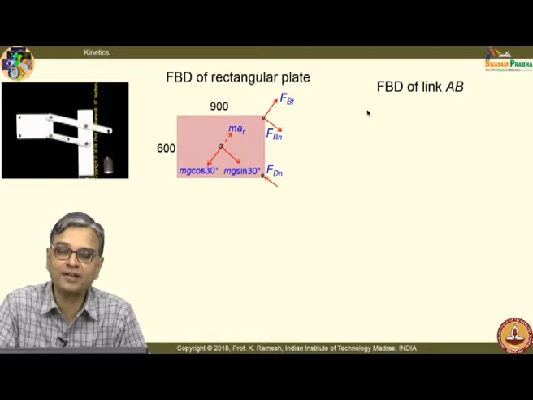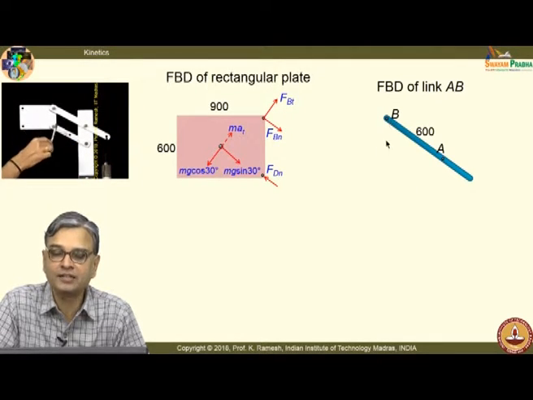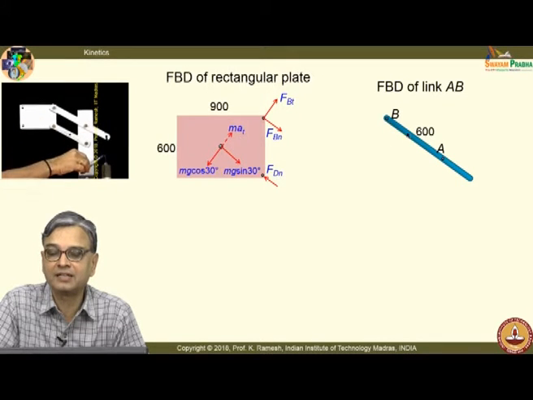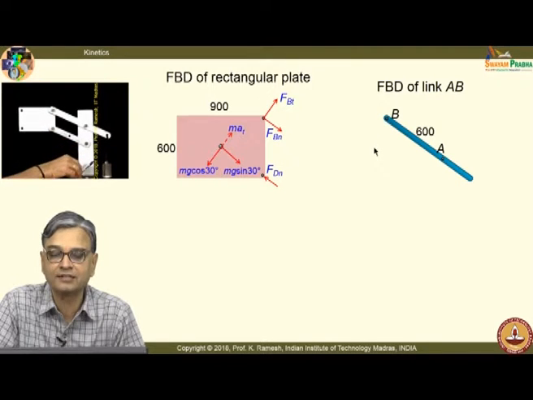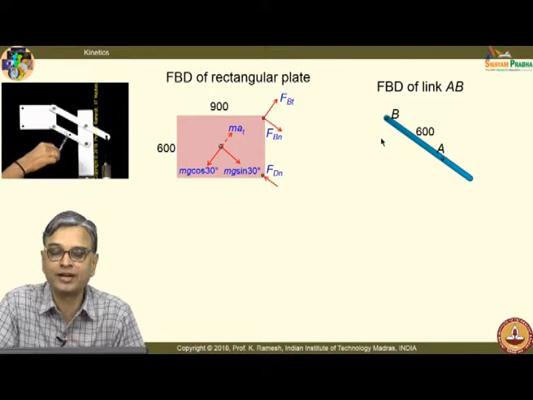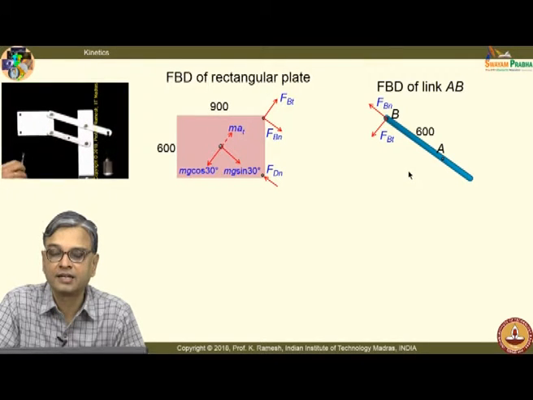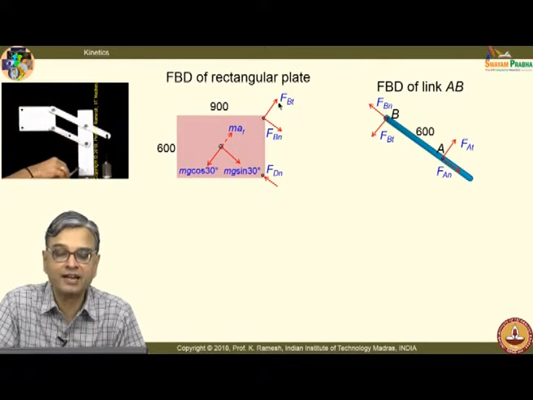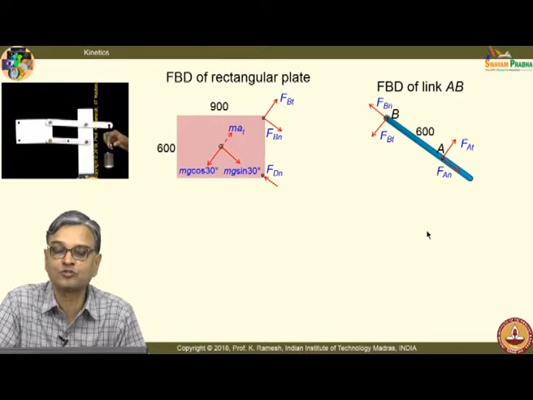So, how do I put the FBD of the link? I have a pin joint. So, you know, this is at 30 degrees. So, I am taking the axis along and perpendicular to that. So, replace this pin joint by 2 forces, normal and tangential forces. And similarly, you have this, and I have followed the principle in statics. I have already assumed this. Once I assume this, this is fixed. Okay. Since I assume this, what happens in the other link is also fixed.